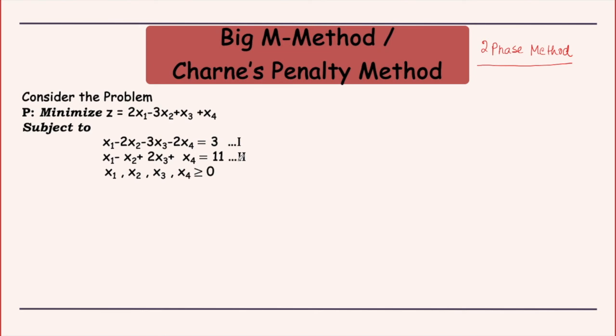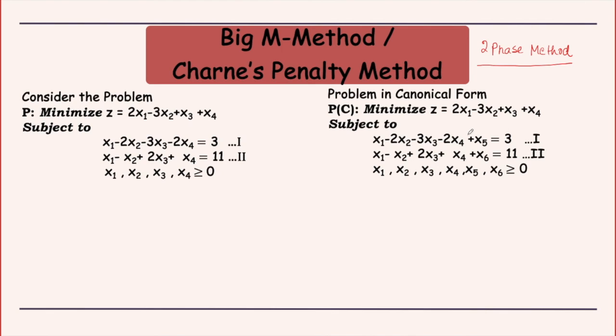So in order to get a set of basic variables, I need to attach two new variables. Here I am using x5 and x6 for denoting artificial variables. So my original variables are x1, x2, x3, x4, and x5, x6 are the artificial variables. I am going to attach artificial variables to both the constraints so that I can get my basic variables. Coefficient of x5 is 1 in the first and 0 in the second. Similarly, coefficient of x6 is 1 in the second and 0 in the first. So I get the identity columns 1 0 and 0 1.